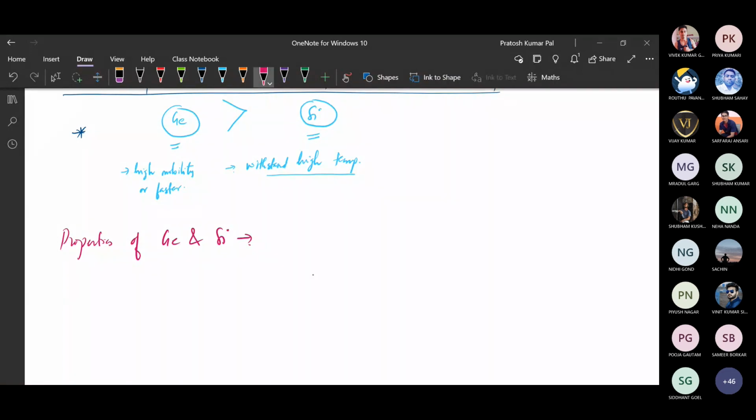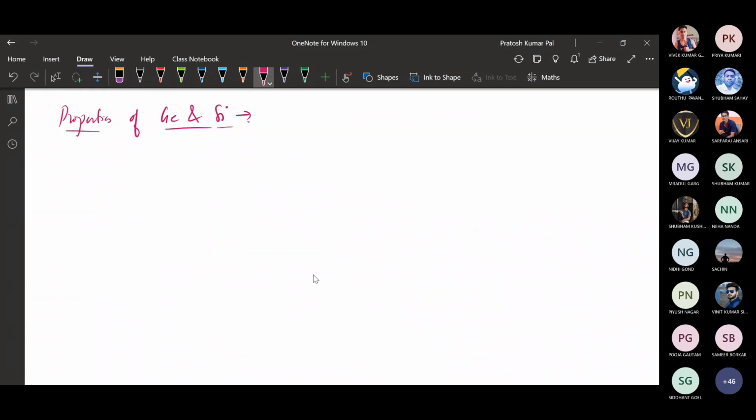Devices, in concept, materials. What is germanium? How the atoms are represented in germanium and silicon, and how these are showing these different properties. So we will represent one by one. Here we can see germanium and silicon. Some properties we will be depicting here. Those are the basic properties.